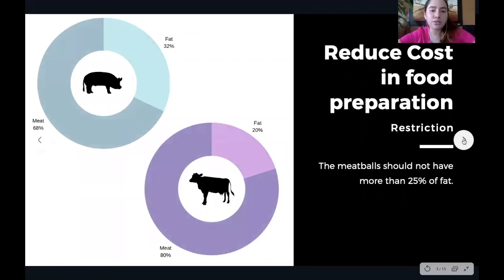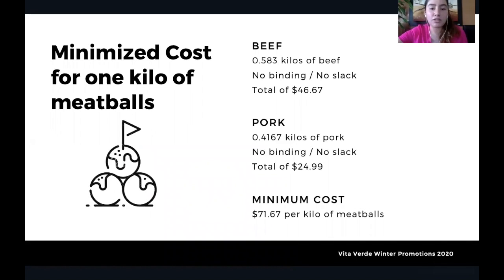We're going to start with the reduction of the cost in food, more specifically in the meatball dish. As we can see, the meatball should not have more than 25% of fat, meaning that it can have more than 75% of meat in their content. In order to minimize the cost of 1 kilo of meatballs, several equations were developed, and the results were that it should be bought 0.58 kilos of beef, where all of it is used, spending